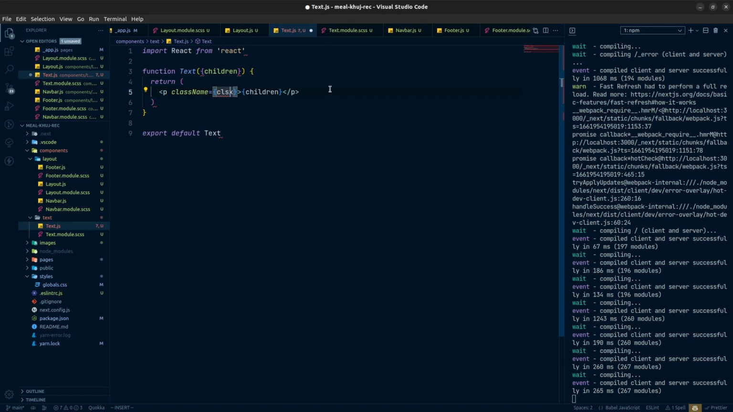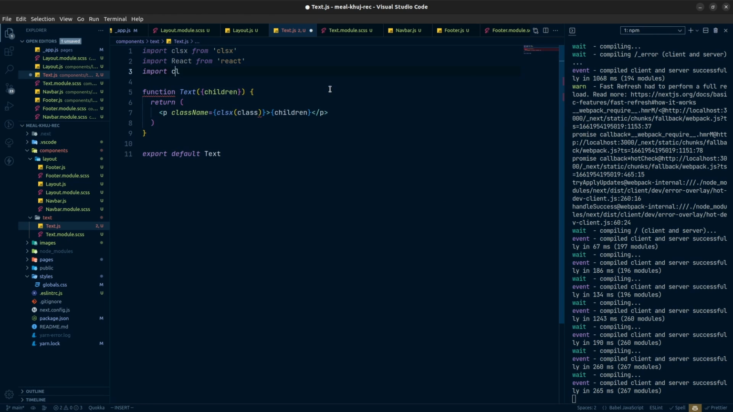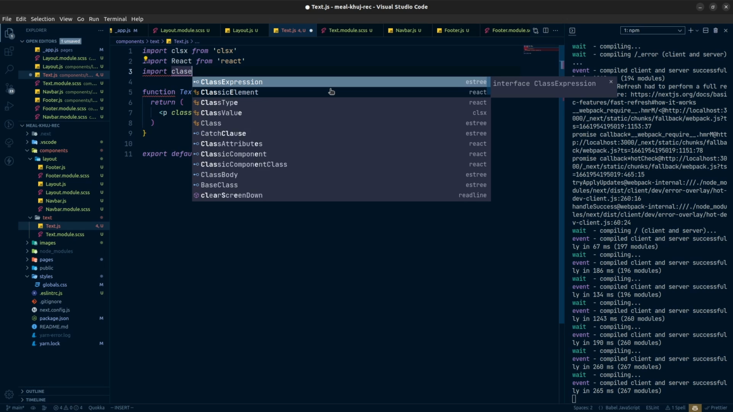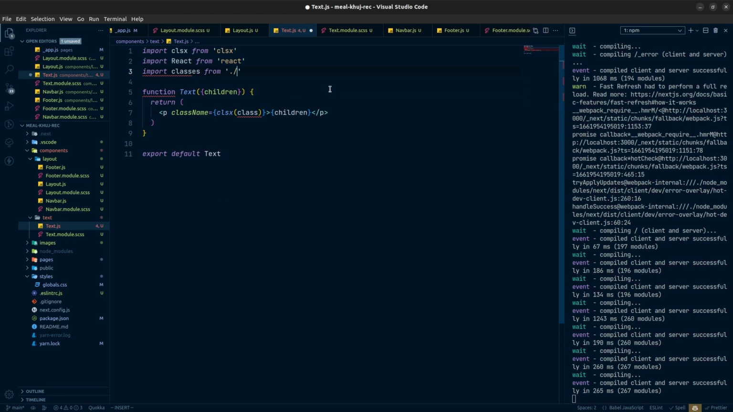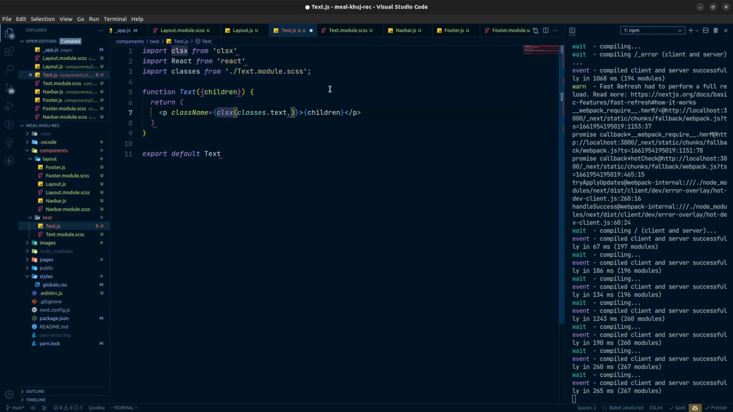Classnames, and inside that you can provide anything. So I will say class. So I need to import the CSS first of all. Classes from the text dot module.css. Once we have that, now we can use that classes dot, and this is the text, and here beside this